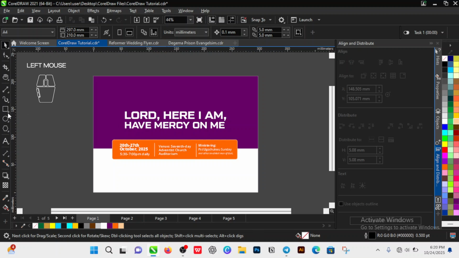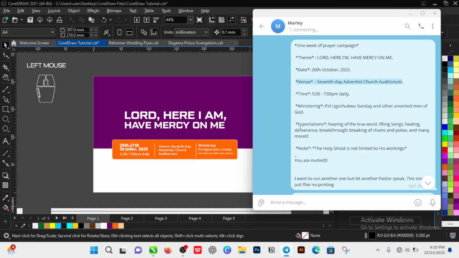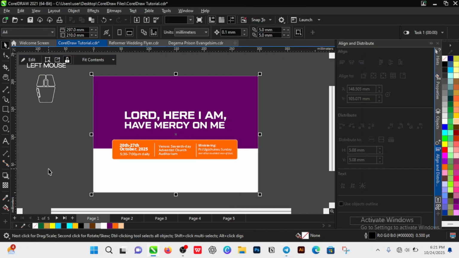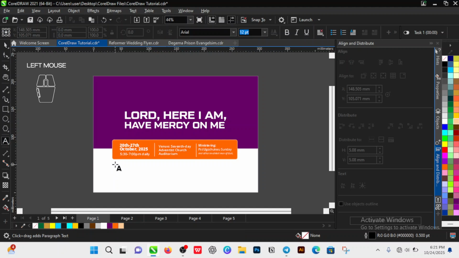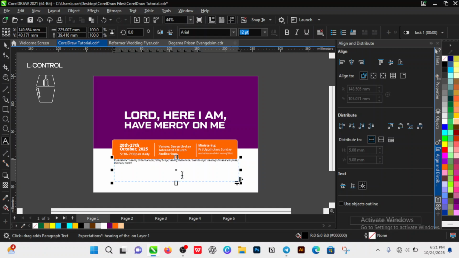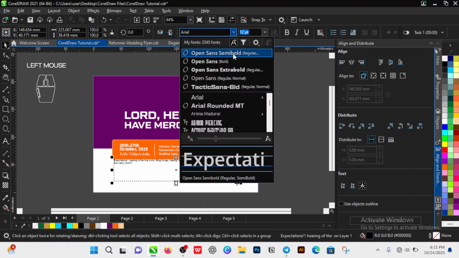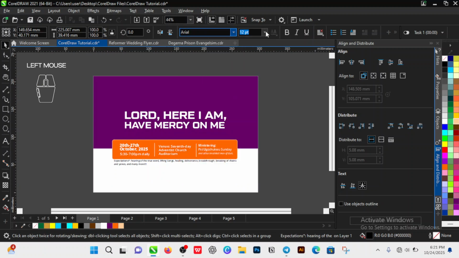Now let us do something here. Expectations. We are going to copy this, and we are going to paste it with paragraph text. So draw a bar here. Then you paste. Okay. And when you paste, we are going to change the font type to semi bold, change